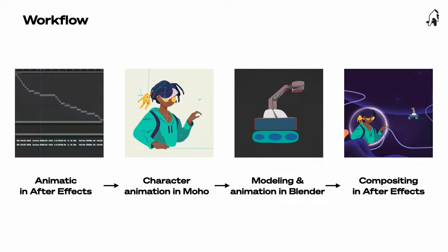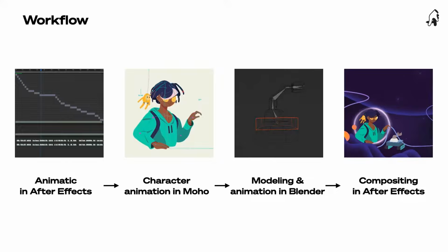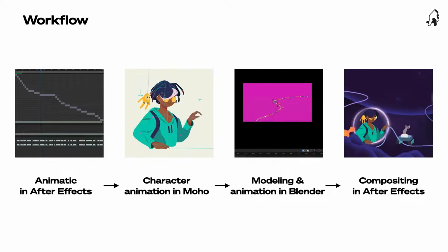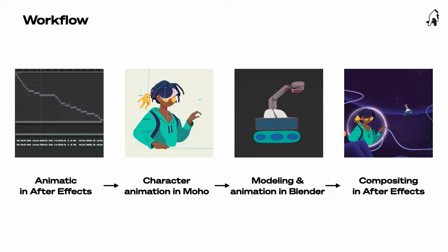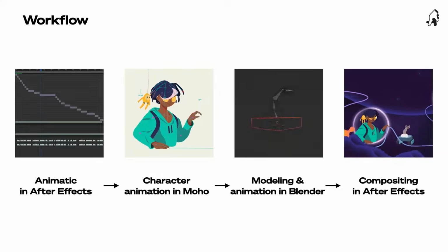Then we are moving to Moho, to character animation. We are starting, of course, from the rig. Actually, before that, we are preparing illustrations for animation, and we have our special technique for how to prepare them in Illustrator to later import them well to Moho. And also we are importing an animatic to Moho, just a short piece of it to have the reference, and we are animating to this reference. And after it's done,